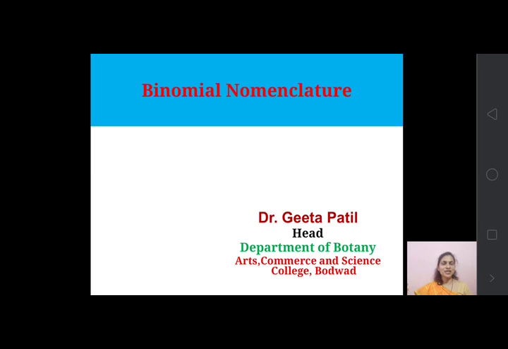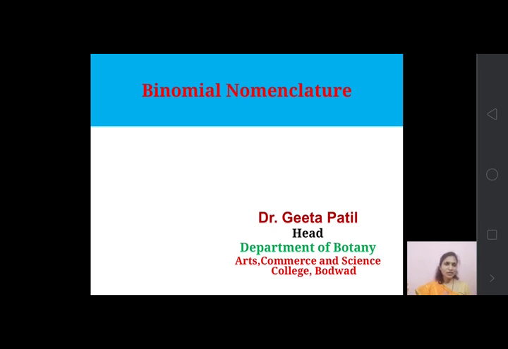Today we are going to start the binomial nomenclature. Up till now we have seen the taxonomic hierarchy. What is taxonomy? What are the different types of hierarchy? What are the rules and principles behind that hierarchy? All these things we have discussed earlier. Now one very important part of this taxonomy is binomial